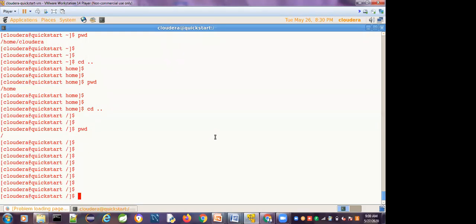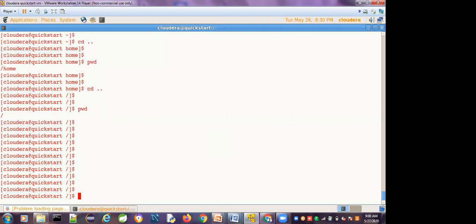Does anyone have doubts in these commands? Please tell me if you have any doubts. Okay, we have discussed these commands.